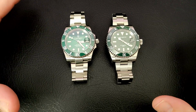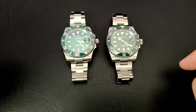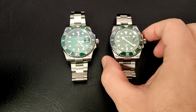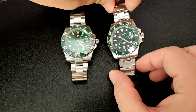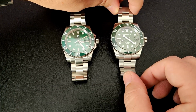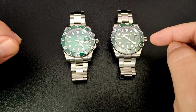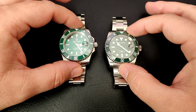I figured for the first 2021 video we would do a comparison. So I got this St. Martin, I think it was just a couple days after Christmas. I got it as a gift. Unfortunately, the movement is not functioning correctly. Everything looks good right now, but it randomly just stops. So this one will be going back to St. Martin for repair, but I figured before I do that,